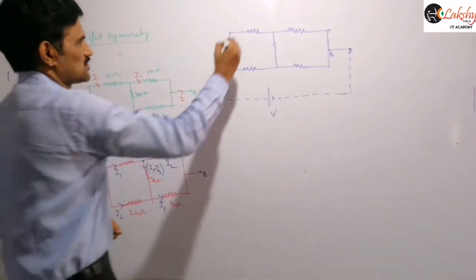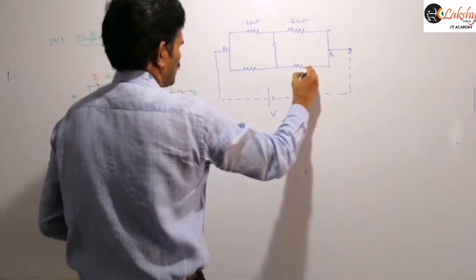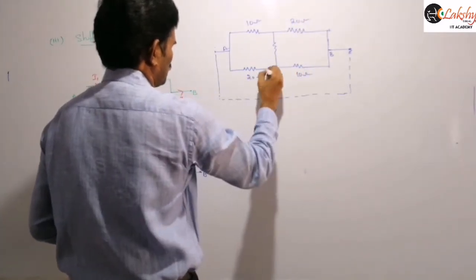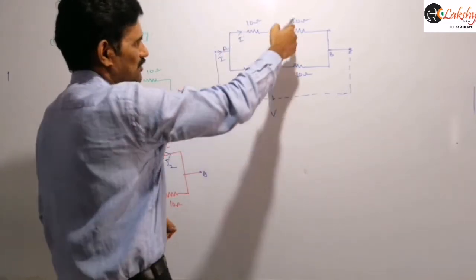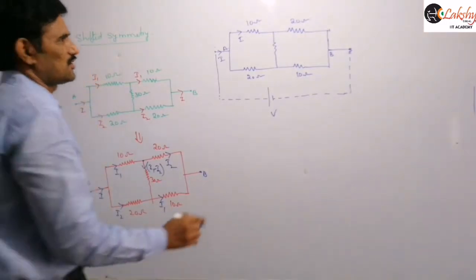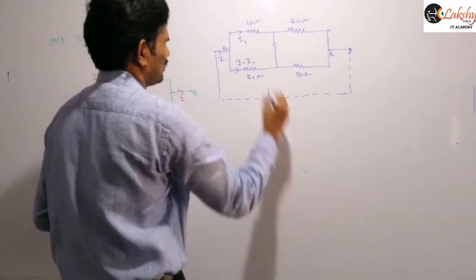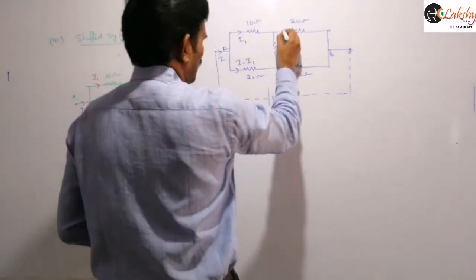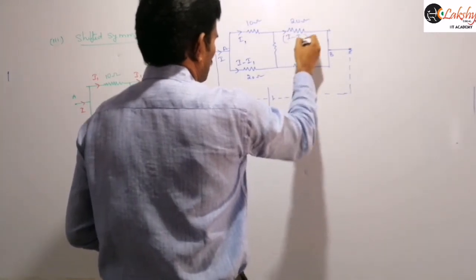And so now the resistors are 10 ohms, 20 ohms, 10 ohms, and 20 ohms. Further, I am taking these variables like this, and that means I am not taking I2 also. That means now I am reducing the circuit further. This is I1 I am taking here, and this is I minus I1, right?